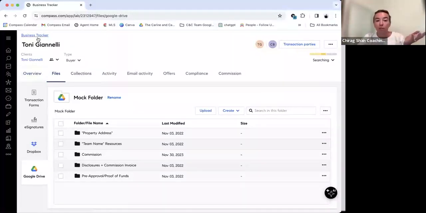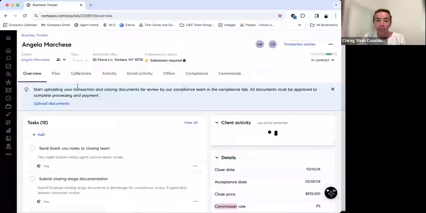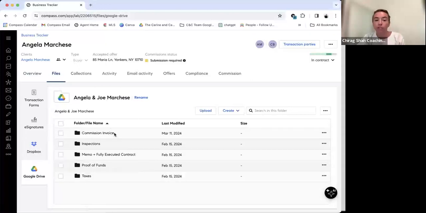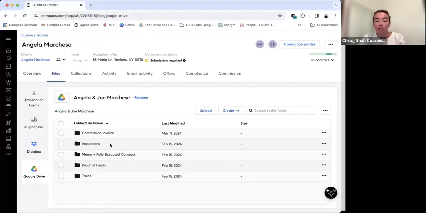I'll go back to our old example, Angela. We go into files, Google Drive, her folder's linked here. I have the commission invoice in here, just double click, everything's right there. I've got their inspection reports, memo and fully executed contract, proof of funds, taxes, anything that related to them.